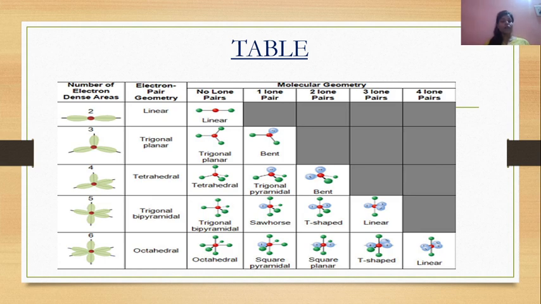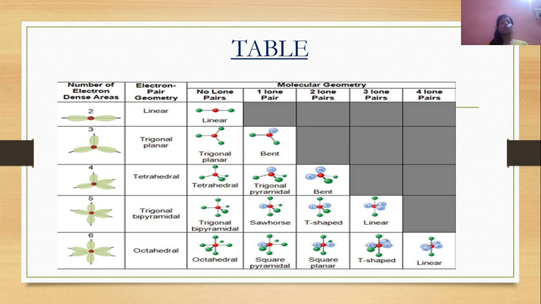In the fifth one, the molecule has five bond pairs, and the molecule arranges itself in such a manner that it acquires a trigonal bipyramidal geometry. And in the last case, in which the molecule has six bond pairs, the molecule will acquire octahedral geometry. So in the linear molecule, the first one, the molecule acquires linear geometry with a bond angle of 180 degrees, and in trigonal planar geometry, the molecule will have a bond angle of 120 degrees. In some cases, in trigonal planar geometry, if it has one lone pair, the molecule will acquire a bent shape.